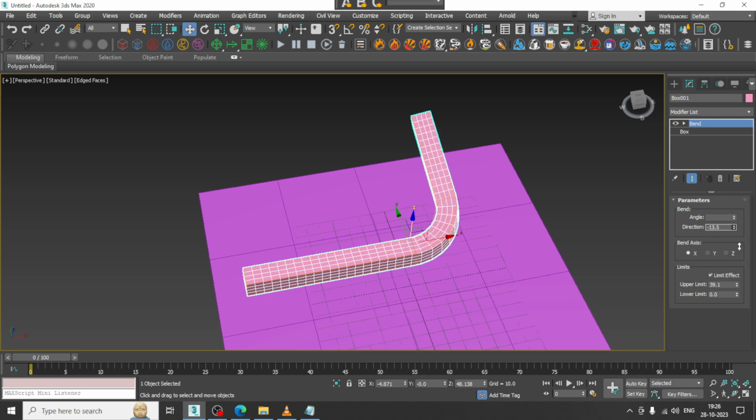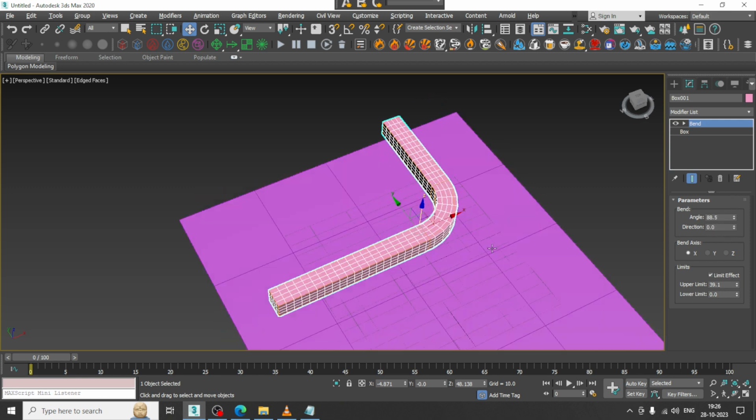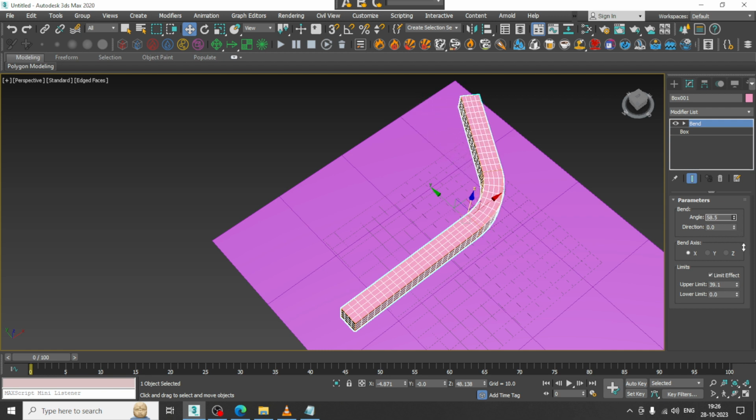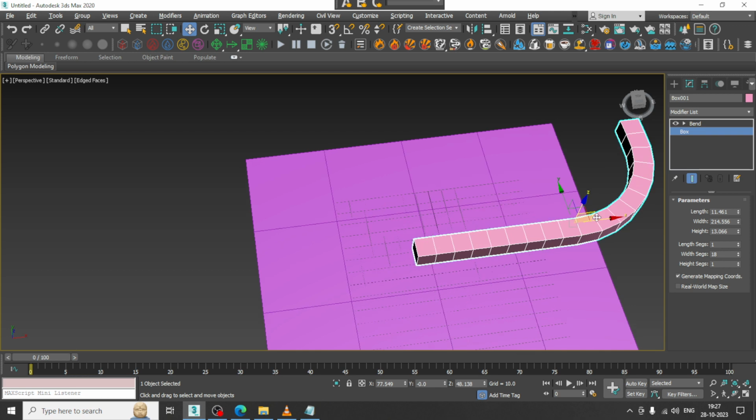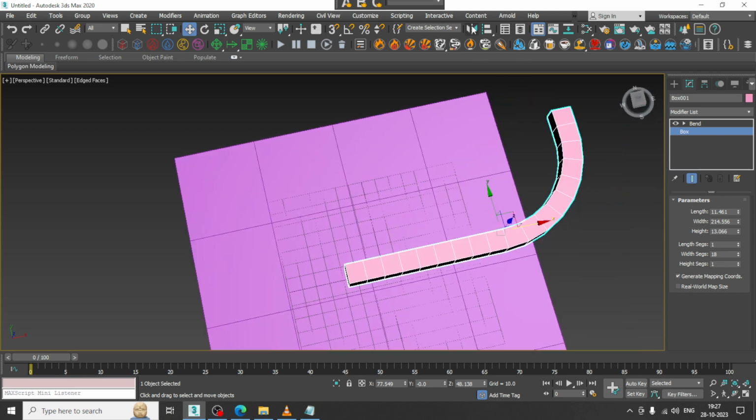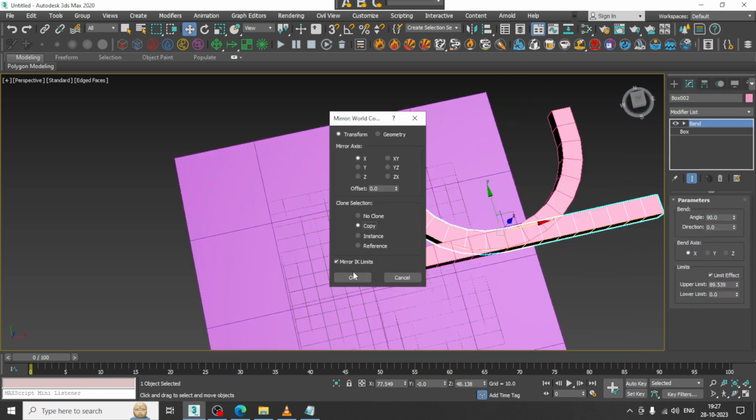Even you have the direction. If you want to go with the direction parameter, you can go with the direction parameter as well. So if you reduce this, you can just increase or decrease this stuff over here. So I'll just make it as 90 over here. Why we are assigning the segments is, if you don't assign the segments, the shape will get disturbed over here. I can slightly remove this, and if you want, you can just mirror it, copy it in x-axis, and